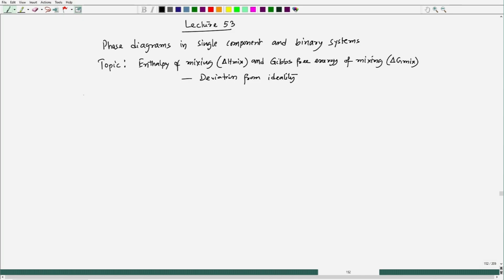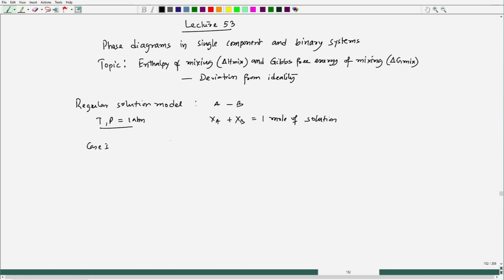In fact, what we have done is use the regular solution model and apply it to a binary system A and B, where x A and x B are the mole fractions, and we are making 1 mole of solution. And remember, we are keeping temperature and pressure constant. Pressure is 1 atmosphere. And we have taken 4 cases,